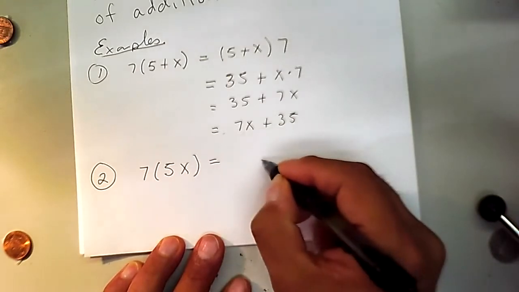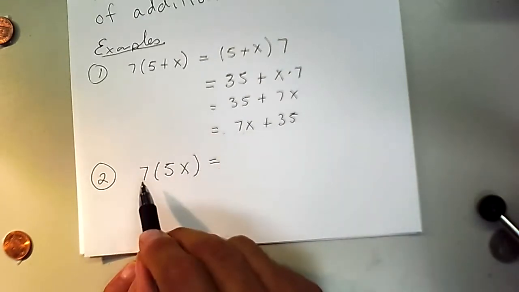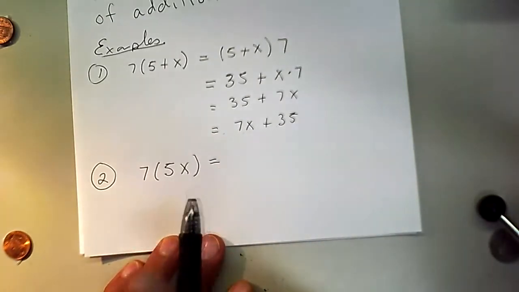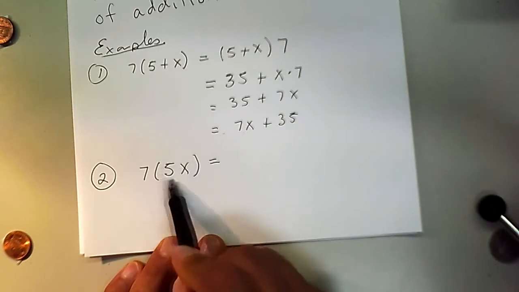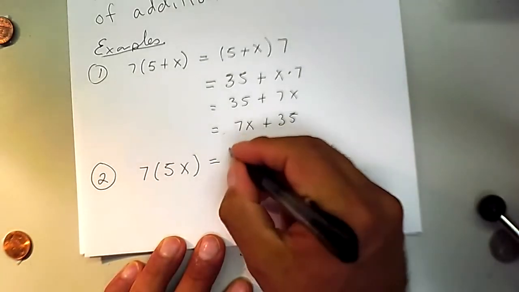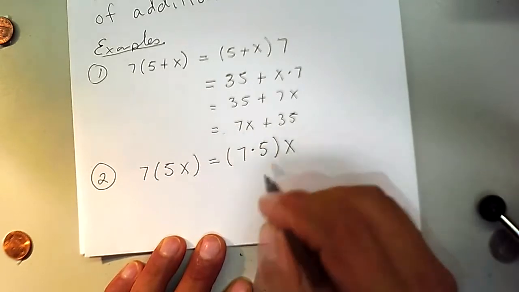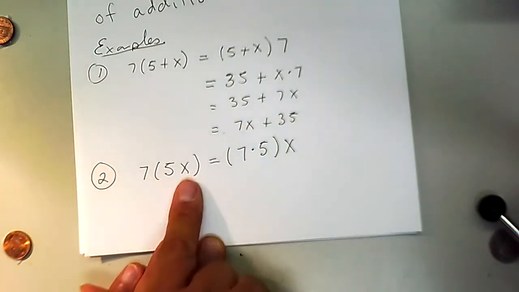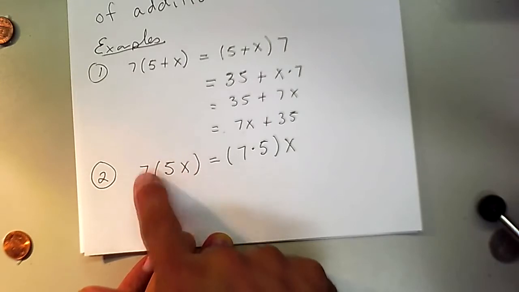Technically speaking, we have to use the associative property of multiplication. So here we are multiplying three things together: the 7 with the quantity of 5 multiplied with x. There's a multiplication of the 7 times this quantity. If I want to multiply the 7 with the 5, we have to reassociate this multiplication. This multiplication, as written, says we have to multiply the 5 and the x, and then the result of that has to be multiplied with the 7.